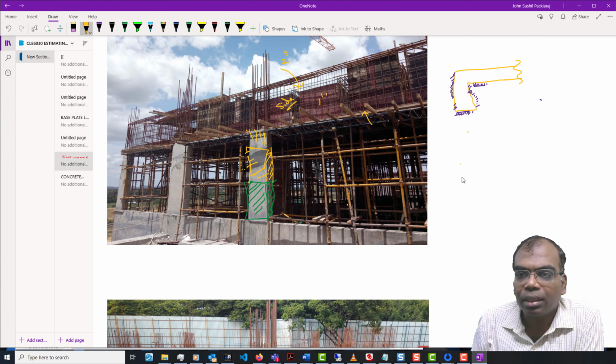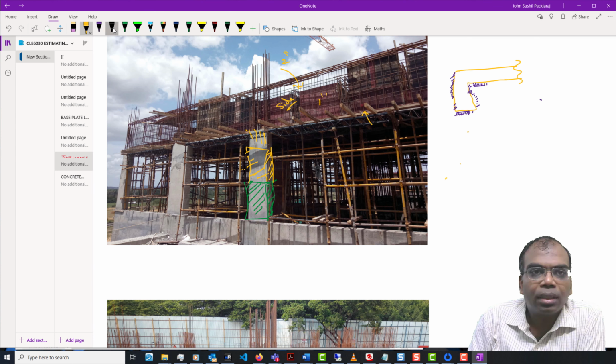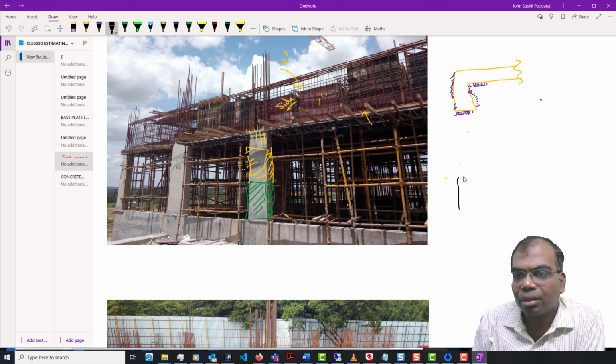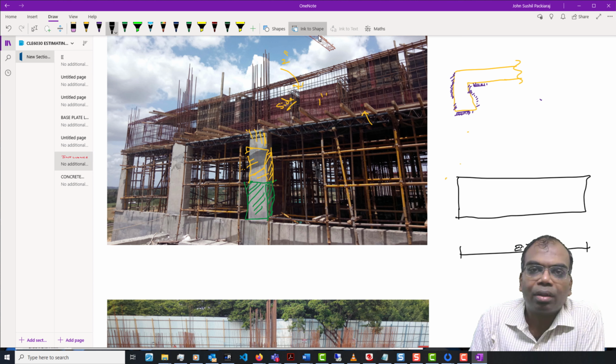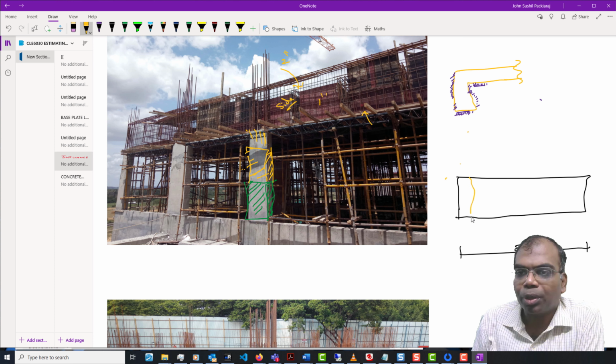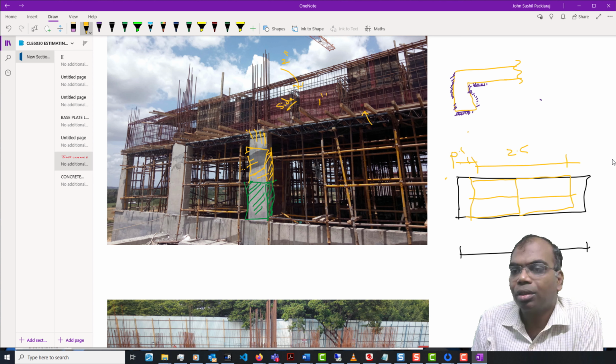So it is something like this, I will have the concrete of this size. This footing is 2.7 meters wide, and each of my shuttering boxes is 1.25. So I need to put two such boxes, and then this will be 2.5 meters. Still I have some 0.1 meters left on both sides.